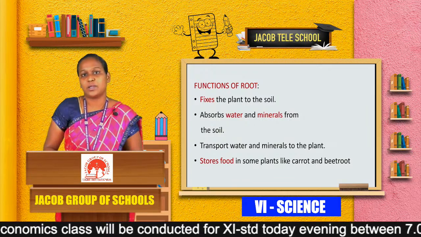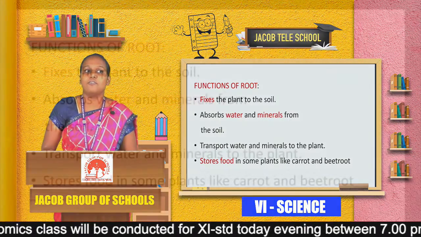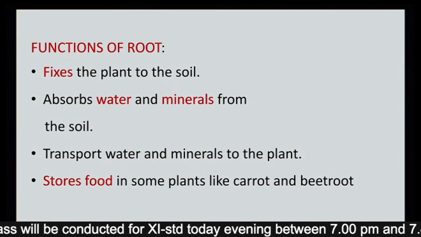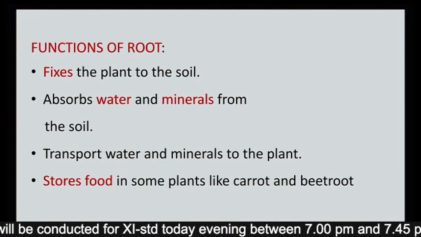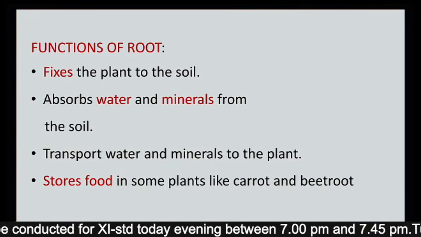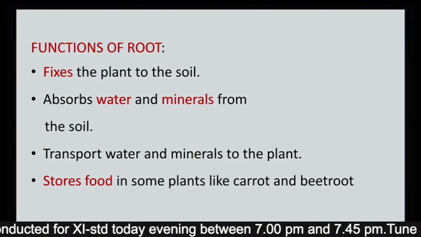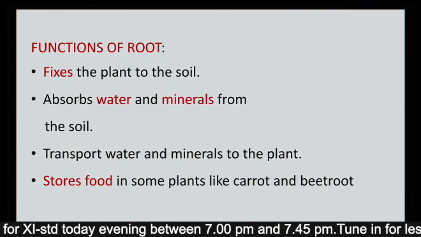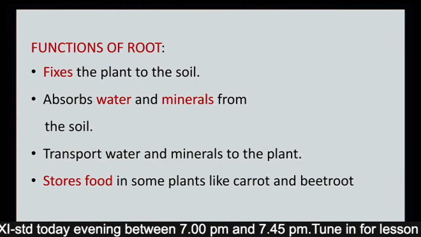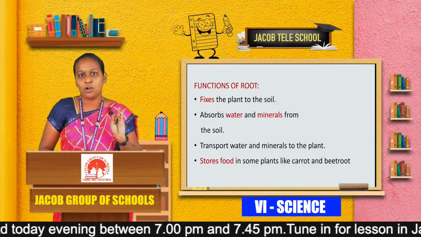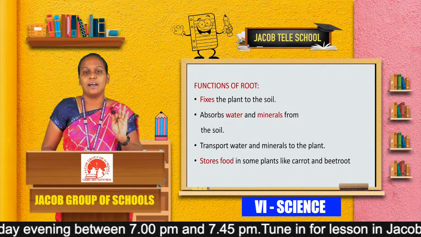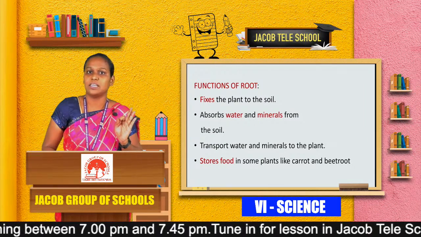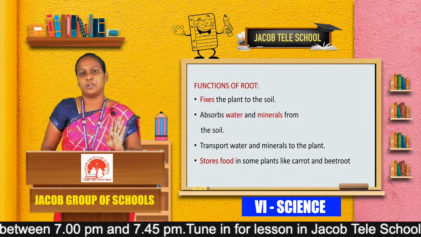And the last one, the root stores food in some plants. Examples: carrot, beetroot, turnip, radish. These are examples of plants which store food in the roots. So these are the functions of roots. First, it fixes the plant to the soil. Second, it absorbs water and nutrients from the soil. Third, it transports the water and minerals to the other parts of the plant. And fourth, it stores food. Examples,